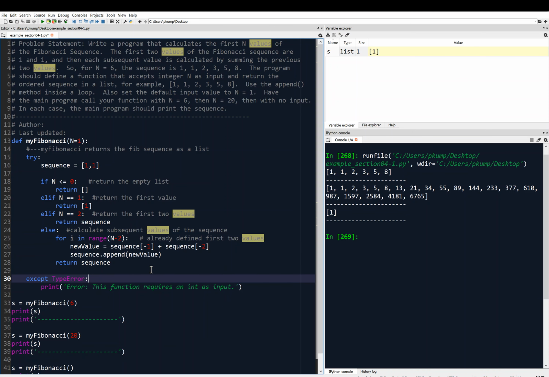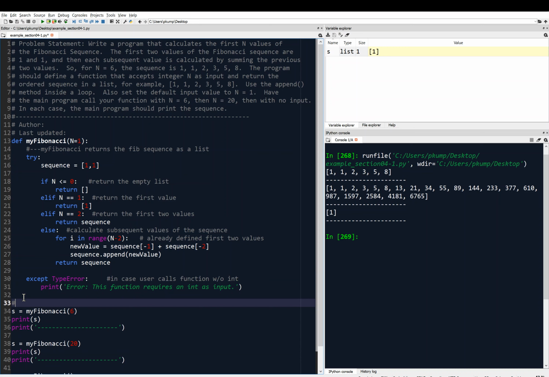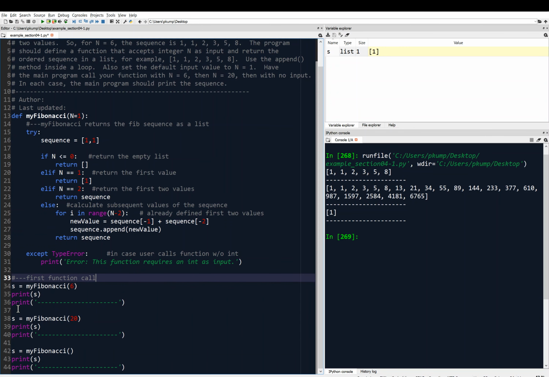And then we might want to say here for the except: in case user calls function without an integer. And then we might say something like this outside in the main program: first function call,